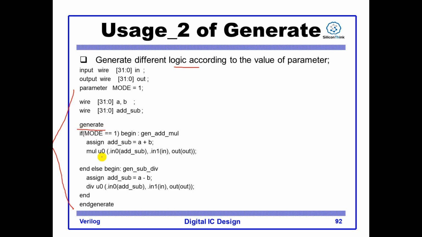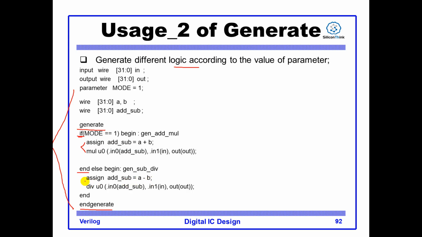Okay, this is the generate and ungenerate. In this generate, we use the if-else statement. It will test the value of mode. When mode equals 1, it will generate logic with this function and then cascade with a multiplier. If mode equals 0, it will generate the function of a subtractor